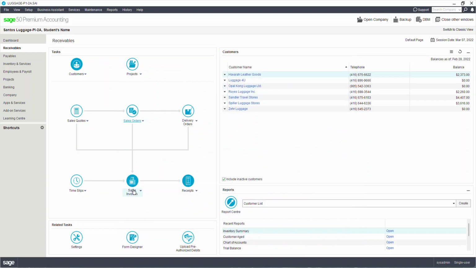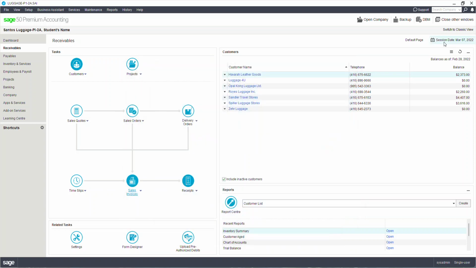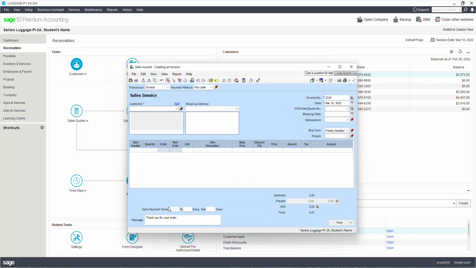Now, what is the other way? The other way of converting the sales order into a sales invoice is you go into sales invoice and create a new invoice. This is happening on March 10, so I have to change the session date to March 10 first. I could have done the same thing with the previous entry too, because it won't let me post the entry for the future date. Now go into a sales invoice, create the invoice,